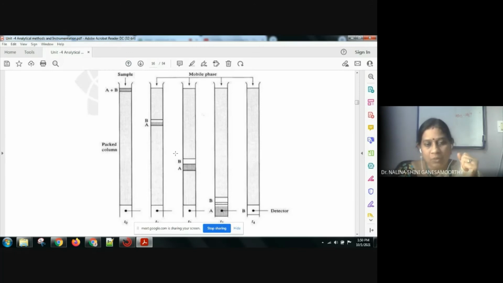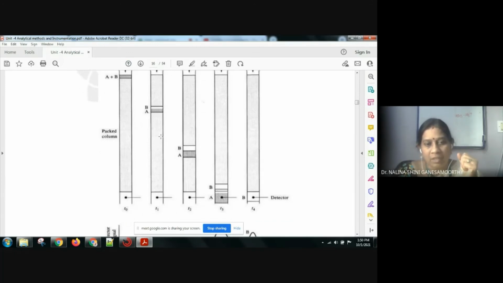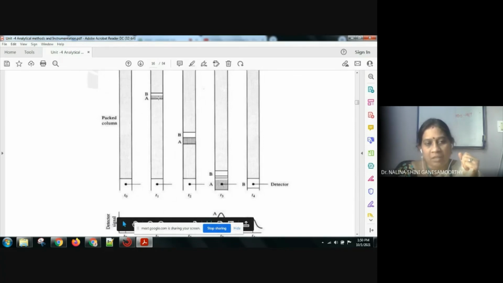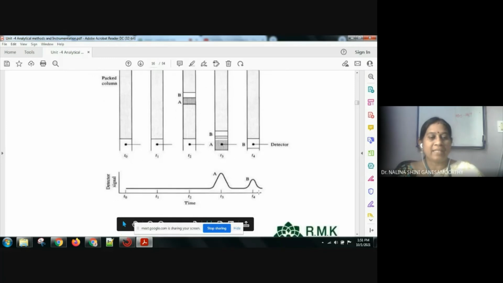Another thing you could see here: just see the time at which A is flowing. So this is T1, and see the location of this A. At T3 the A component has reached the detector. At T4 the B component reached the detector, and that is being represented in this waveform. You could see this waveform shows